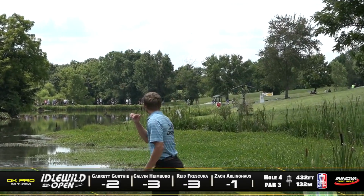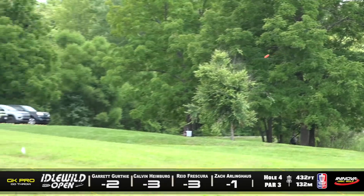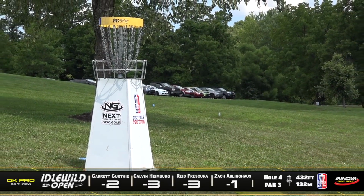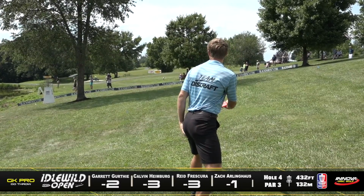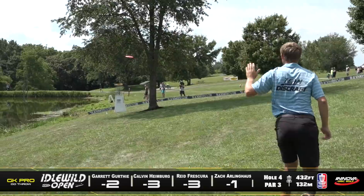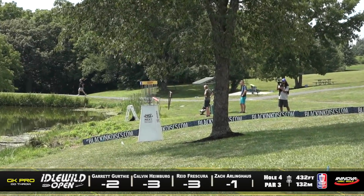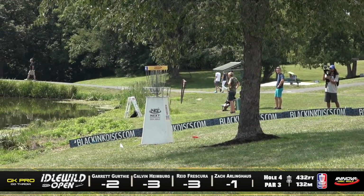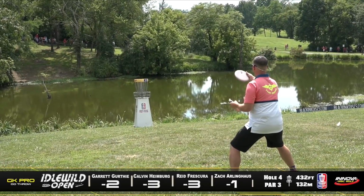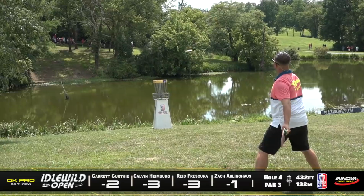Oh, so Ried is re-teeing. Ried is not messing with that anymore, for today at least. Laying up to 70, 80 feet. And yeah, it's going to be a tough layup for double bogey 5. Yeah, it's never fun. This change, it's not much. It's only 50 feet or so, but